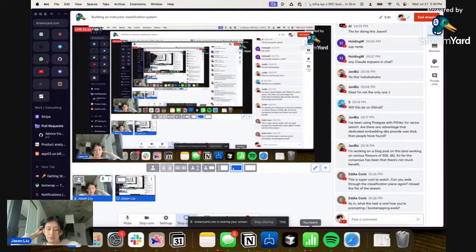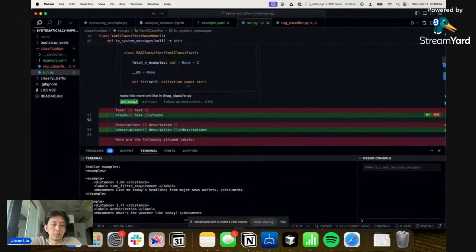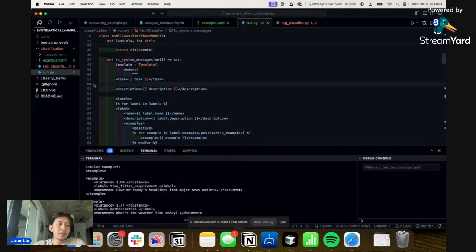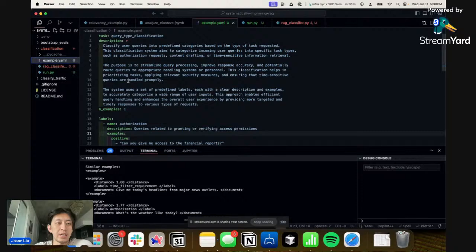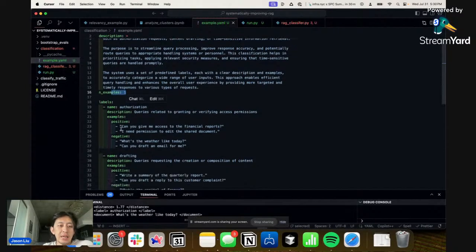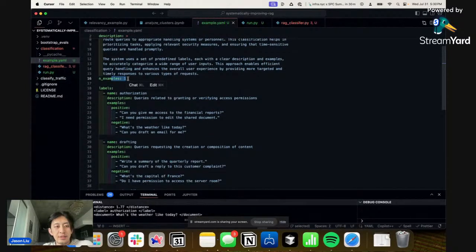So yeah, I'll go over an overview of what's happening. I basically want to build something where I can provide a YAML file where there's a task and a description. And then, I mean, basically,